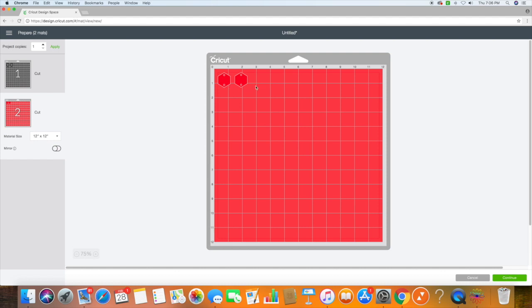Now I'm not going to cut this out because I'm upstairs on my Mac and my Bluetooth is too far away to reach my machine, which is actually downstairs on my laptop. So I'm going to end this right here, the part that is in Design Space, and I'm going to